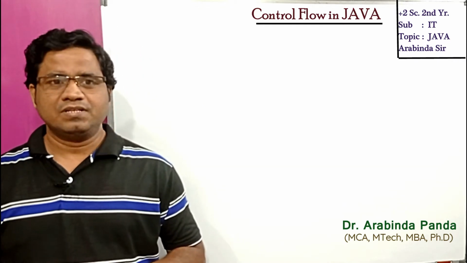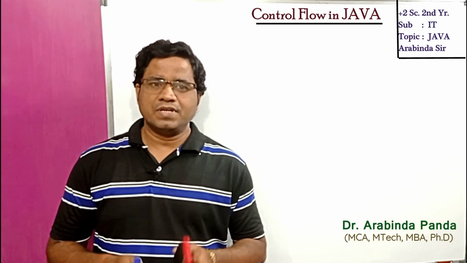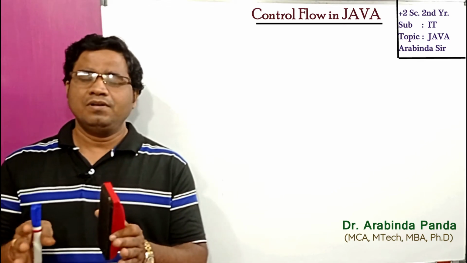I am Dr. Arvind, present here to elaborate on a very interesting topic in the Java programming language, that is control flow in Java. As all of you know, the Java compiler executes the Java code from top to bottom. It is a top down approach, right? And the statements are executed according to the order in which they appear. However, Java provides statements that can be used to control the flow of Java code, and such statements are called control flow statements. And in general, Java provides three types of control flow statements.